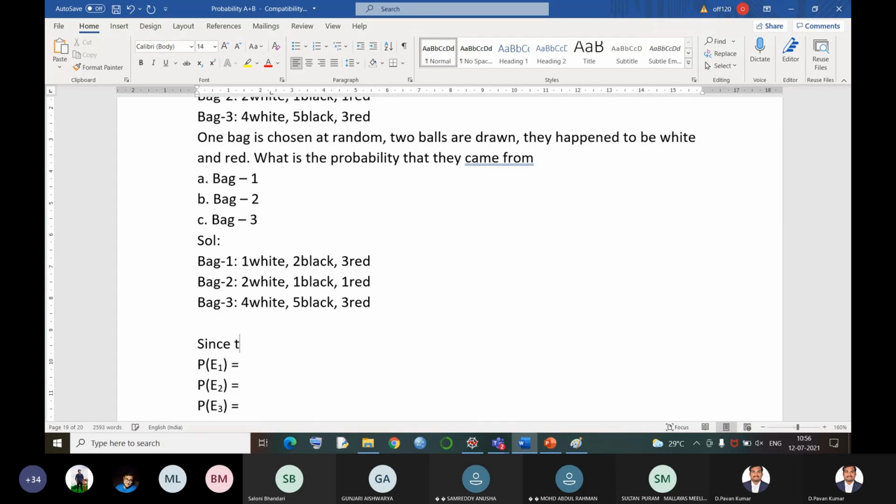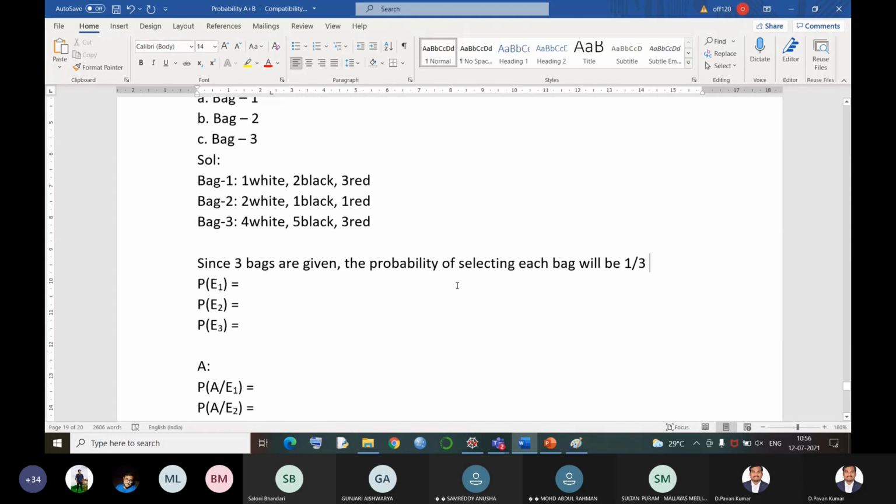Let me write the statement. Since 3 bags are given, the probability of selecting each bag will be 1 by 3,